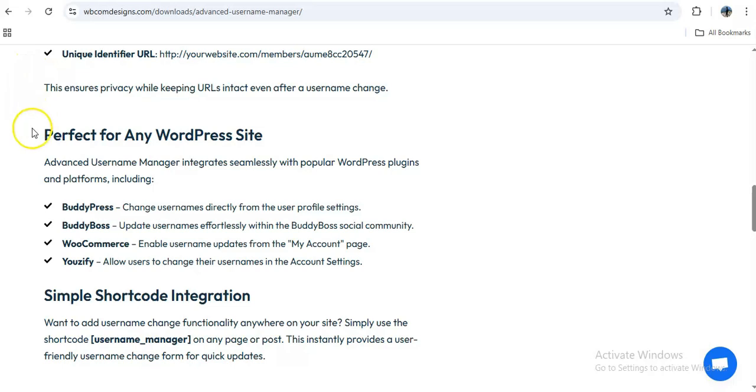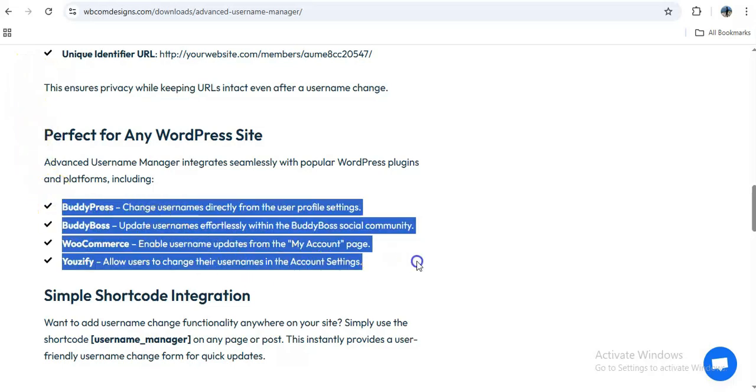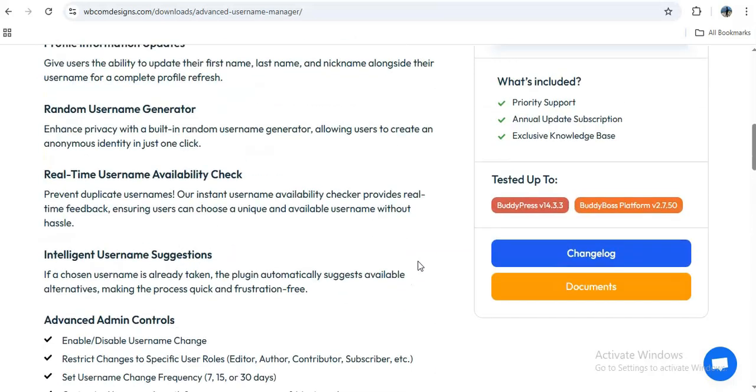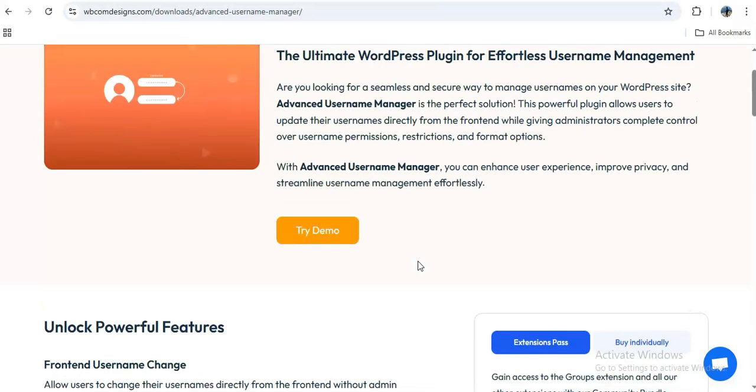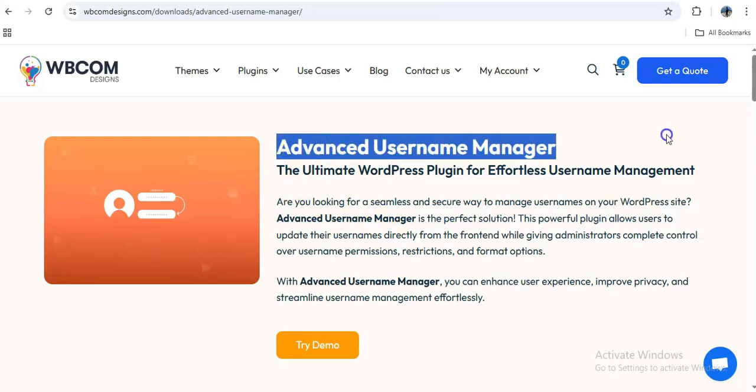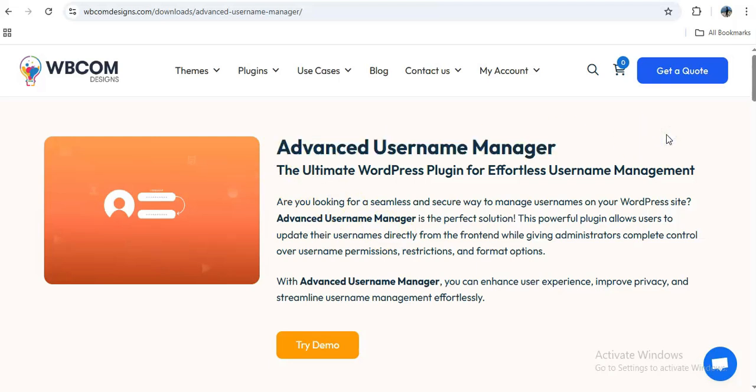And to top it off, the plugin works seamlessly with BuddyPress, WooCommerce and other major plugins. Whether you are building an online store or a community, clean usernames go a long way in improving the user experience. So that's it. The Advanced Username Manager plugin gives you and your users full control over usernames, making them clear, consistent and fully